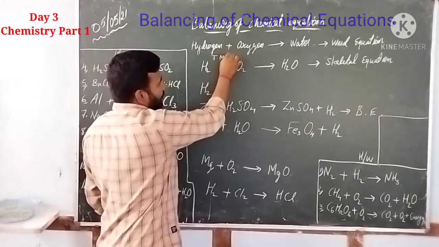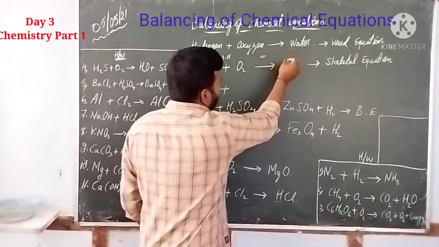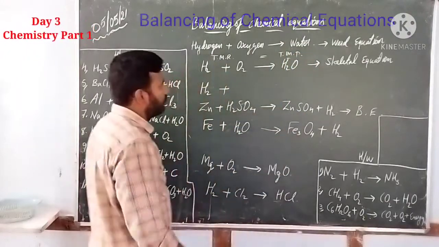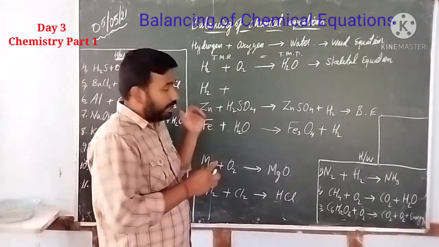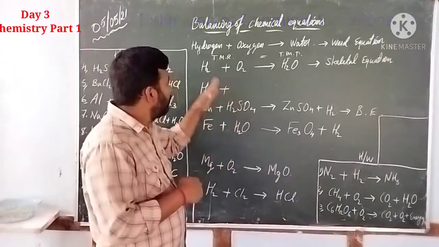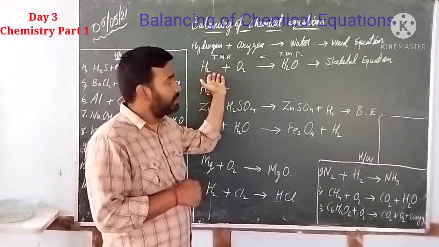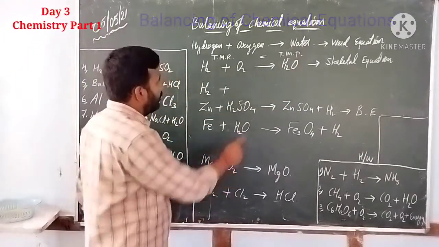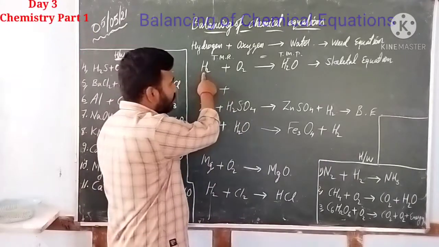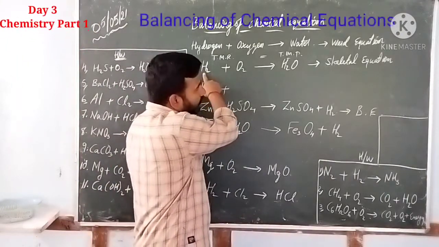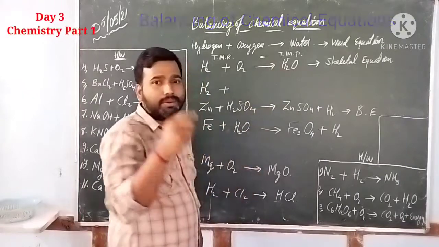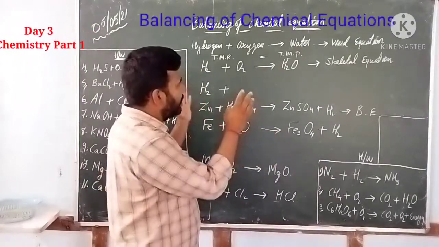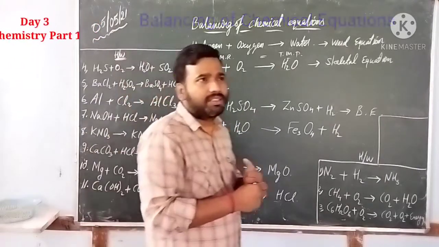Total mass of the reactants must be equal to total mass of the products. So here, if that is the case, the number of atoms on the left hand side must be equal to the right hand side. Clear? So here we can look at hydrogen. On the left hand side, the number of hydrogen is 2, and on the right hand side the number of hydrogen is also 2. So if we want to balance a chemical equation,